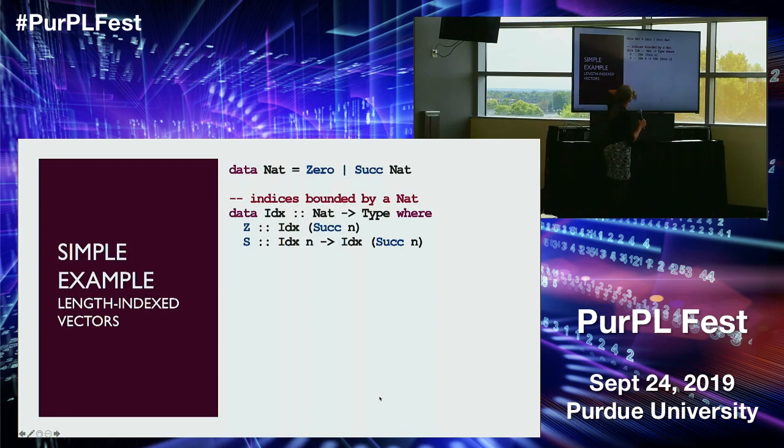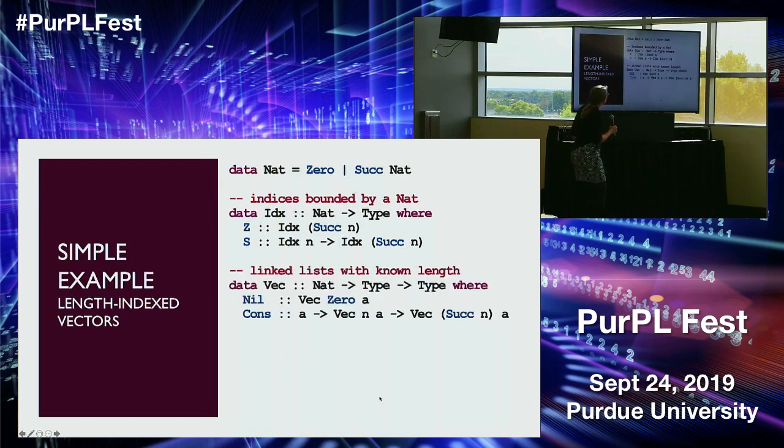We can define what natural numbers are, and then this definition is another version of natural numbers, right? You notice we have a 0, we have a successor, but the type of these natural numbers tells you they're bounded, right? These numbers aren't infinite. They don't go up forever, right? They are bounded by some other natural number. So their type can tell you, I'm going to be some number in the range 0 up to some